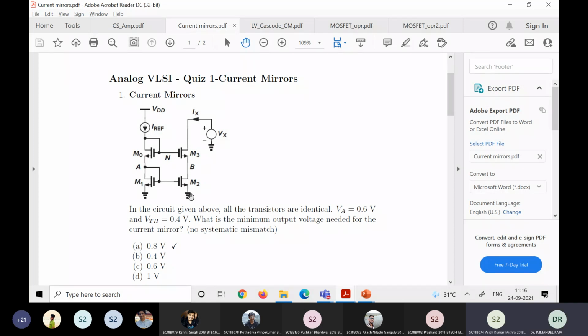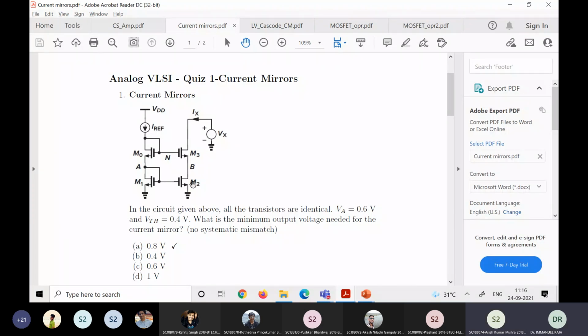No, no, no. The current is set by M2 and M1, right? In this one, this VGS and this VDS is what is going to set the current. This one can go down. That is not a problem because this is just a cascode. This is not going to control the current. What is going to control the current is only M2 here, right? Sir, M0 and M3 aren't similar, sir? M0 and M3 have the same VGS. M0 and M3 need not have the same VDS. Sir, but there is no systematic mismatch.